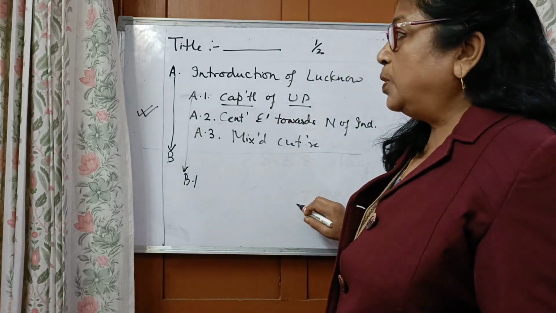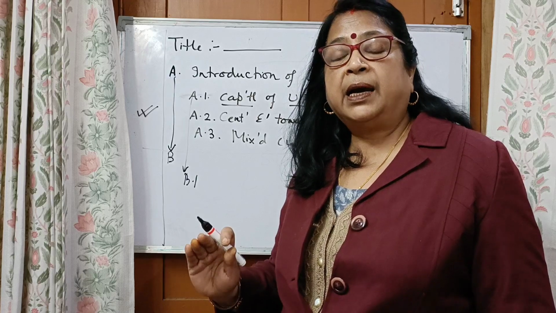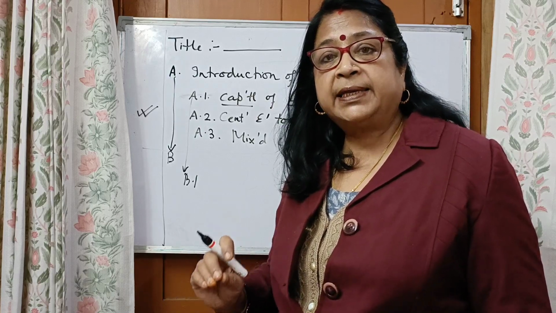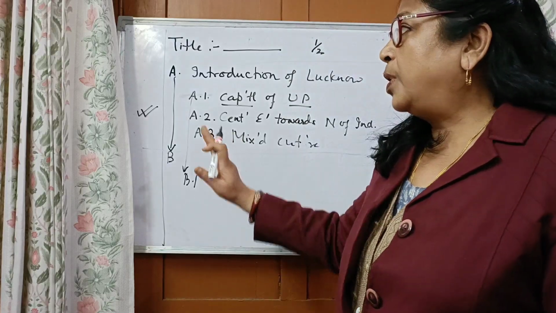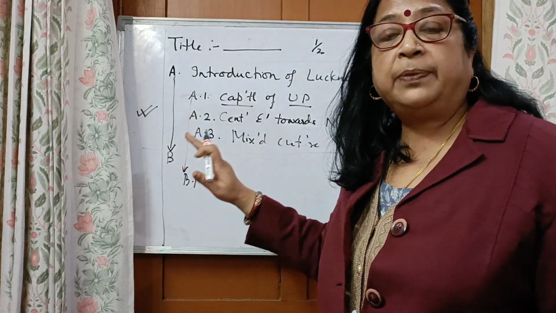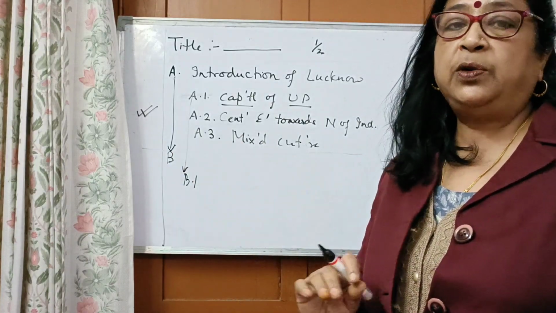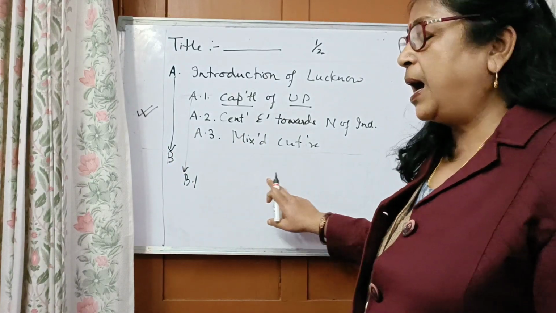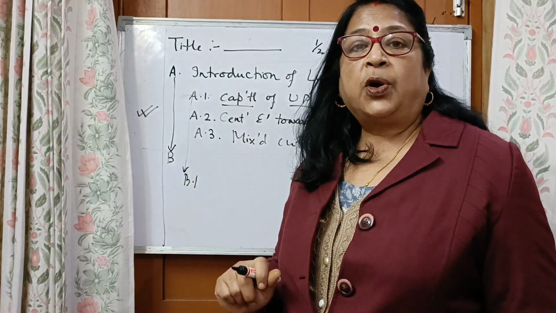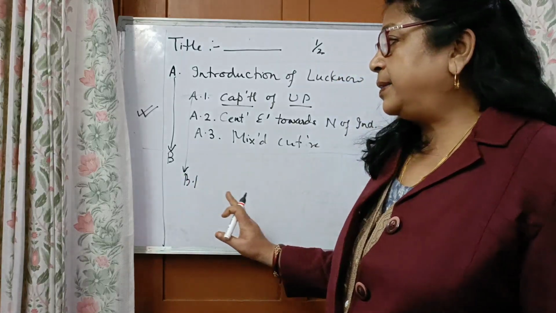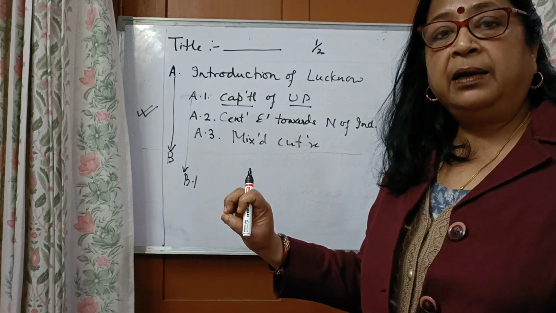Now you cannot use long, complete sentences. You have to use it in a short form, in phrases, in parts of sentences. You do not have to use subject, object, predicate, like all the complete sentence structure. If you write, you will lose marks. If you write children are playing in the park in the evening, it will be a wrong note making. You have to write this in note making style, like children playing,